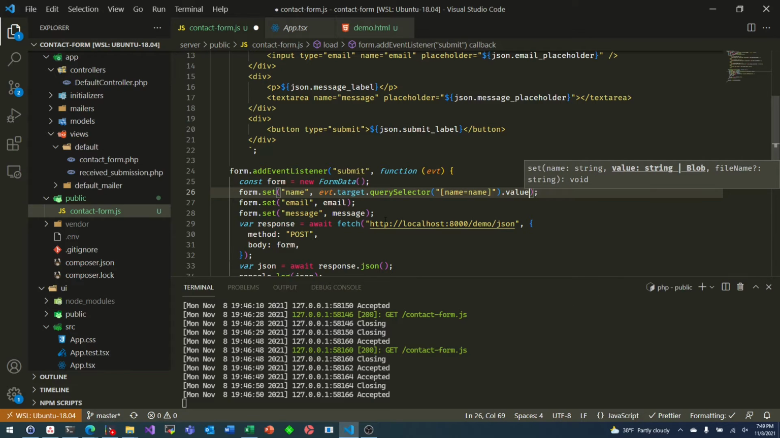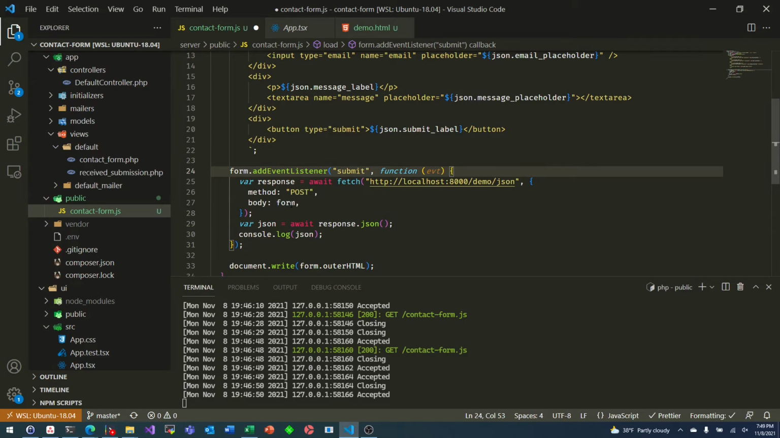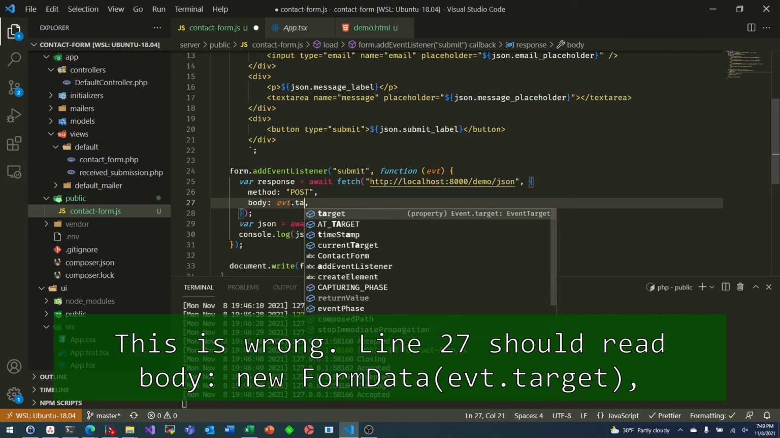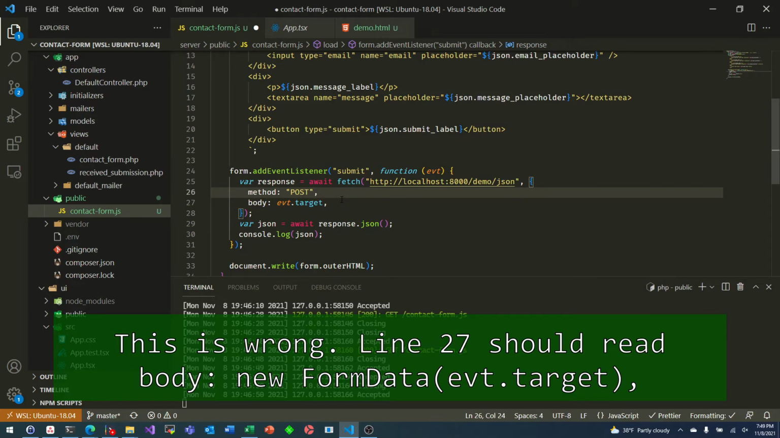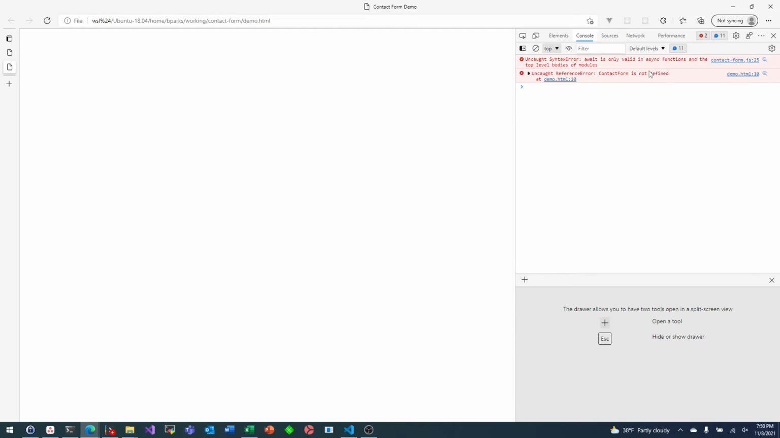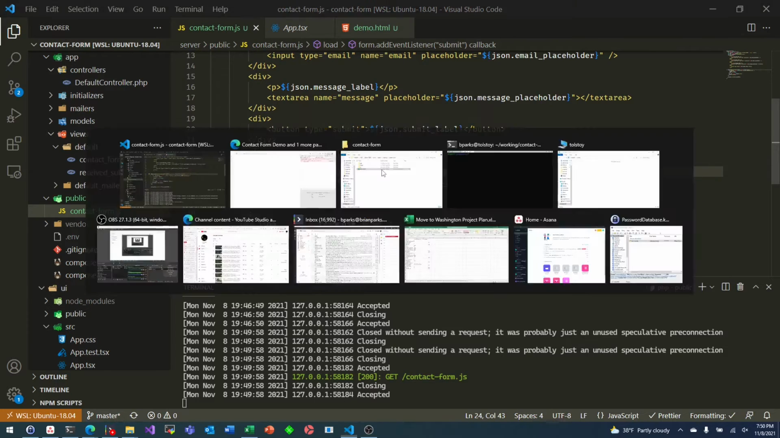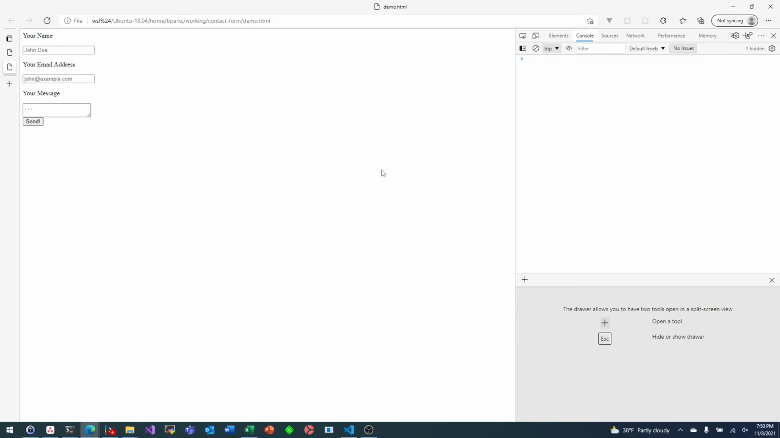Now remember, I'm using a form here, and I'm listening for the submit event on the form, which means I already have the form, which itself is a form data. So for body, I can just use event.target. And of course, I forgot that I need to put all this in an async method, or an async function. So let's fix that. And we get our form to show up. And now we should be able to type some stuff into the form and click submit and